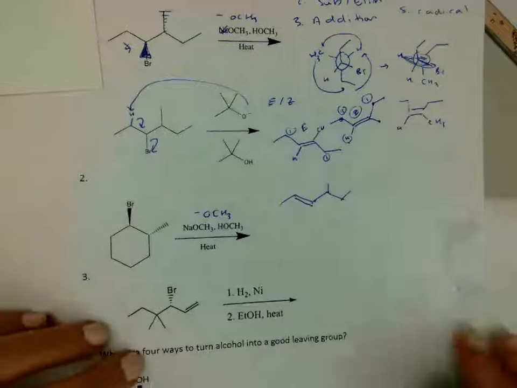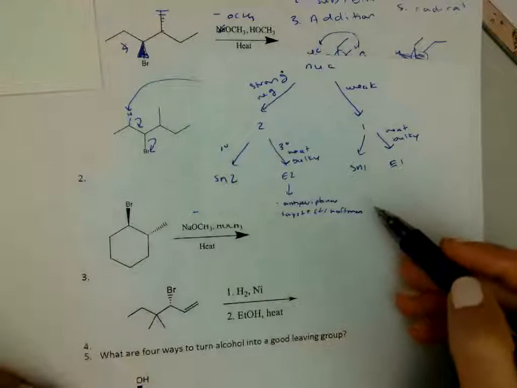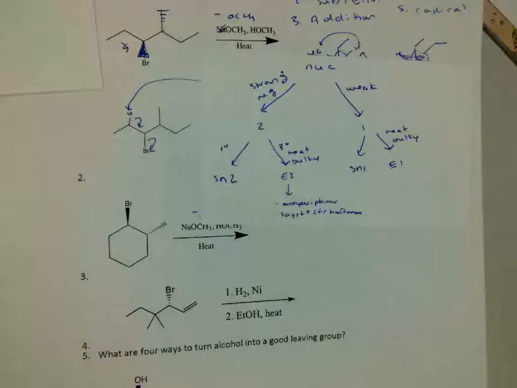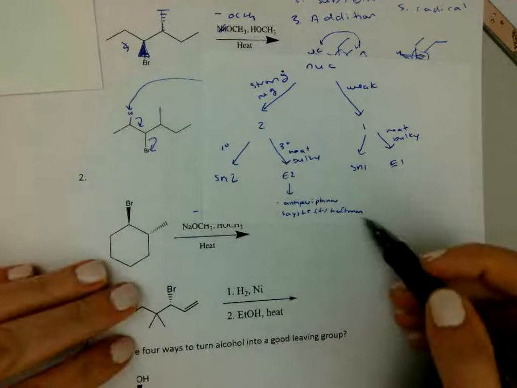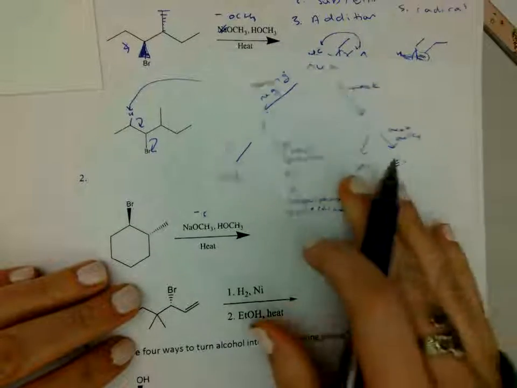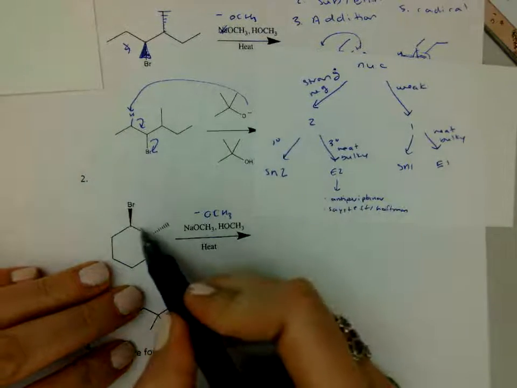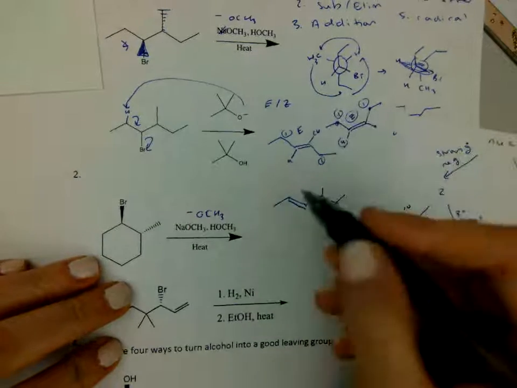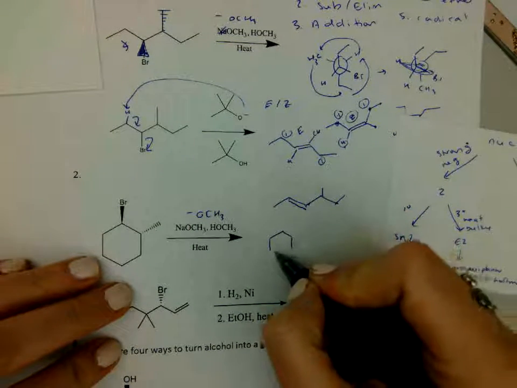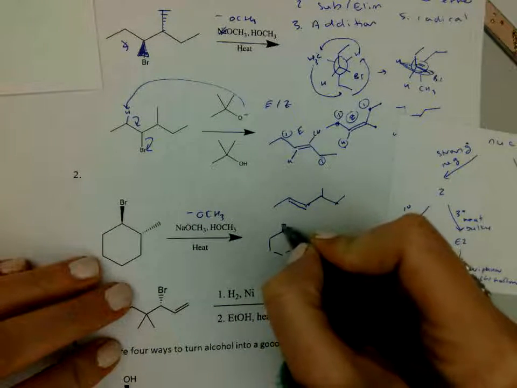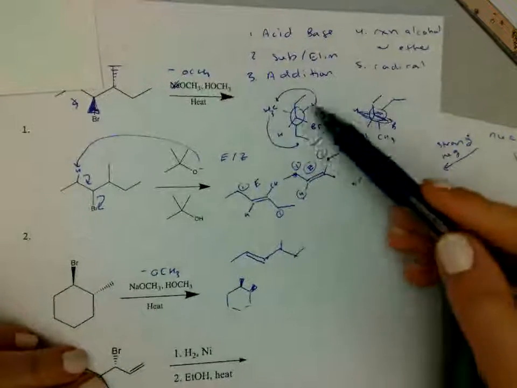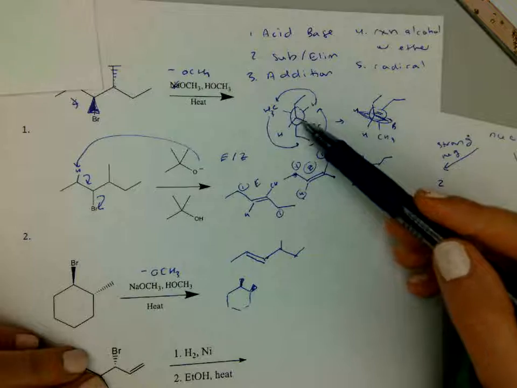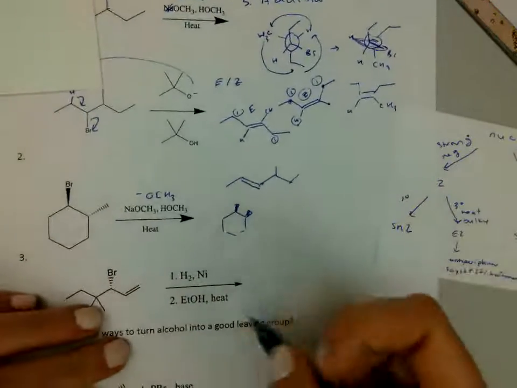So if it's E2, there's two things we have to check. Is it anti-periplanar, and is it Zaitsev versus Hofmann? Anti-periplanar, we do need to check that. Zaitsev versus Hofmann, this is a smaller nucleophile, so it's going to favor Zaitsev, so it's going to try to form the more stable alkene. But let's make sure we can get an anti-periplanar there, because if you have it in a ring, it can't just rotate. Here, this was around a single bond. We could rotate to make sure the bromine and hydrogen were opposite of each other, but you can't do that